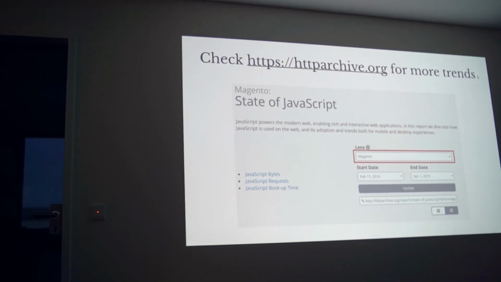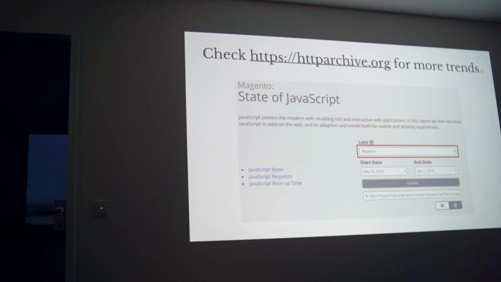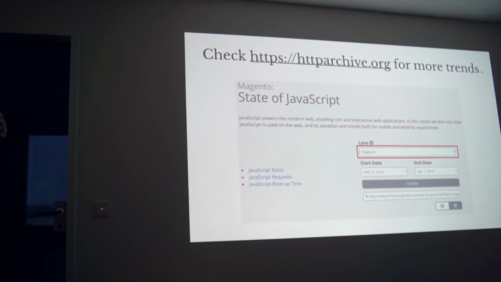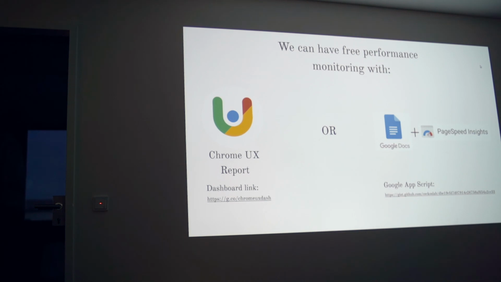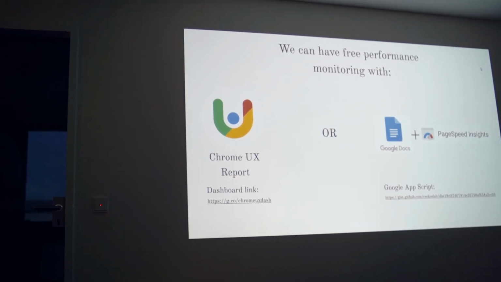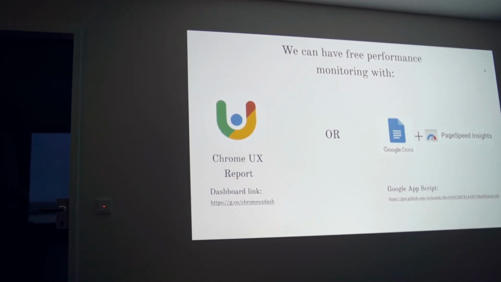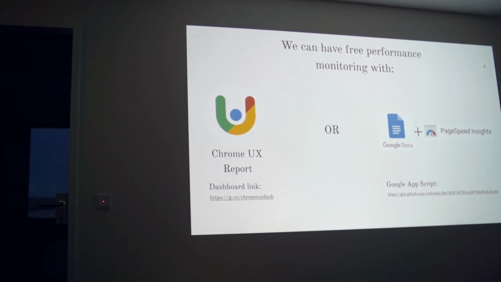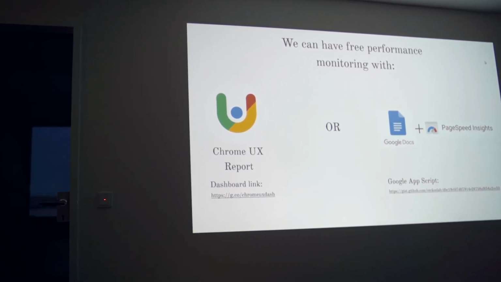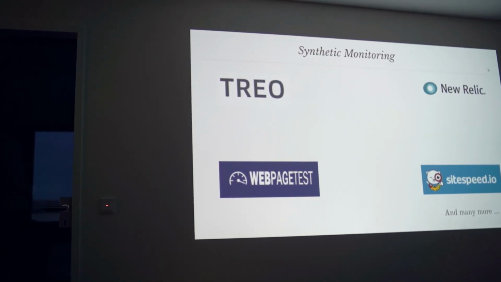If you want to see more trends about how Magento is doing, you can also check HTTP Archive, because HTTP Archive also has specific statistics about Magento. You can just go tomorrow at work and try the Chrome User Experience Report, or you can try this small hack with Google Sheets and the PageSpeed Insights API. If you want to try some other synthetic tools, you may